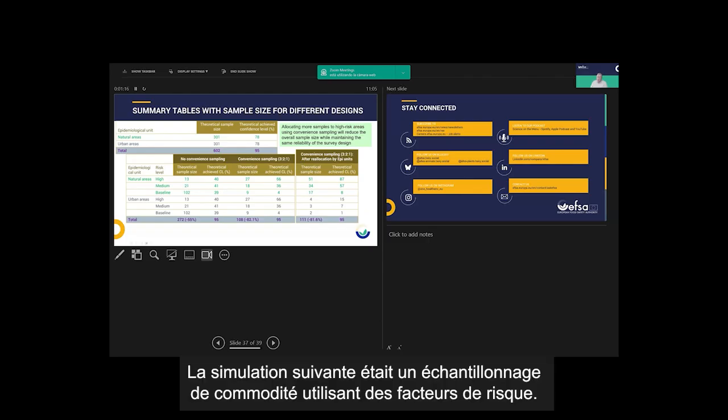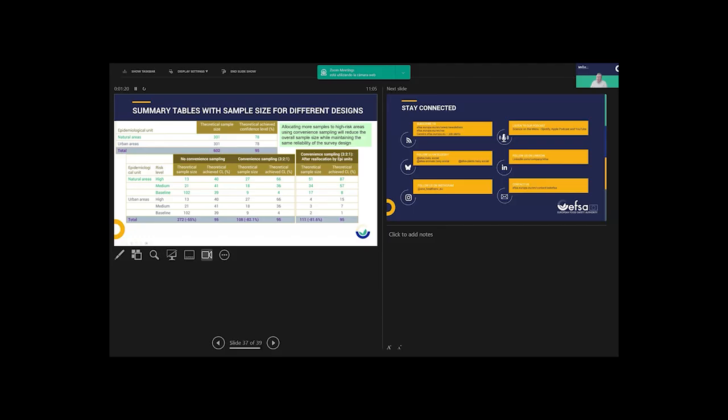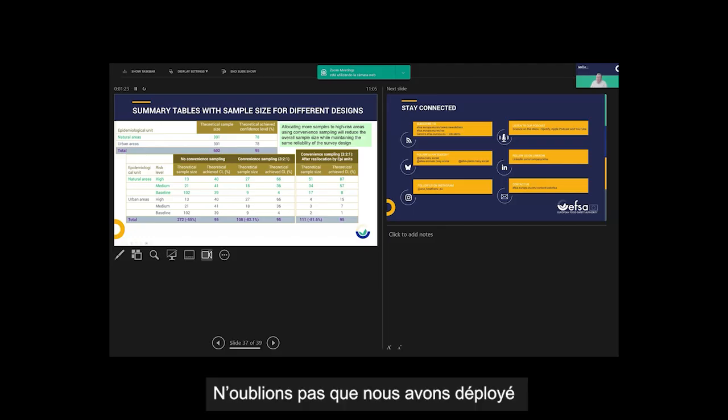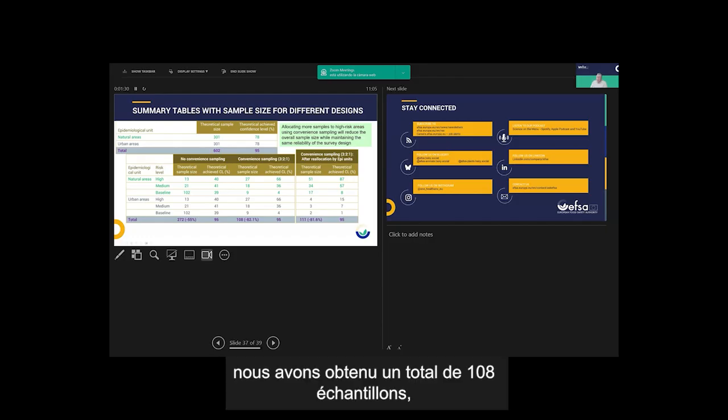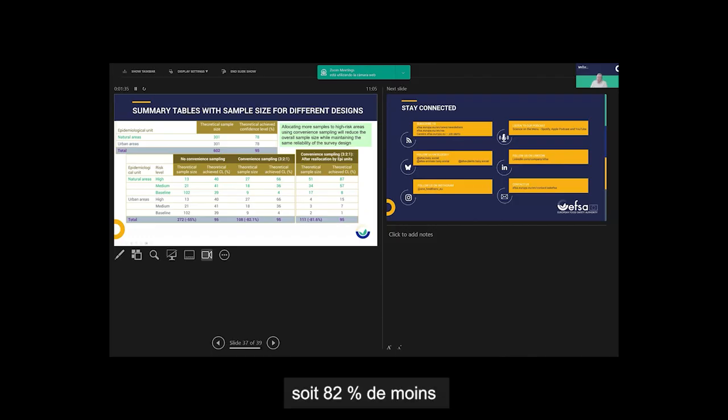The next one was the convenience sampling using risk factors. Remember that we put different sampling effort for high, medium, and baseline. Then we have a total of 108 samples, which represents 82% fewer samples compared with the design without risk factors. And finally, the last one, when we reallocate